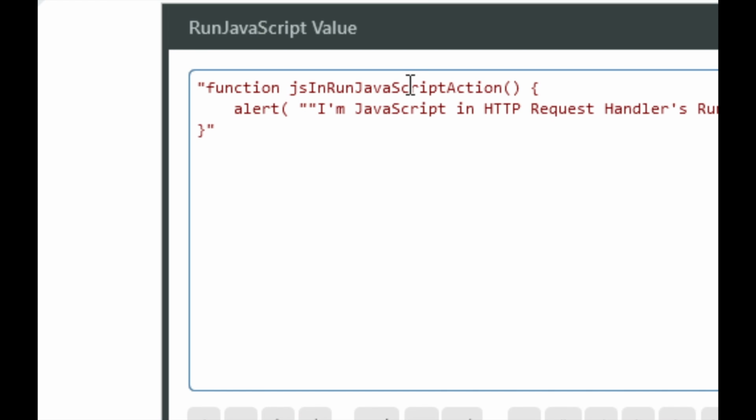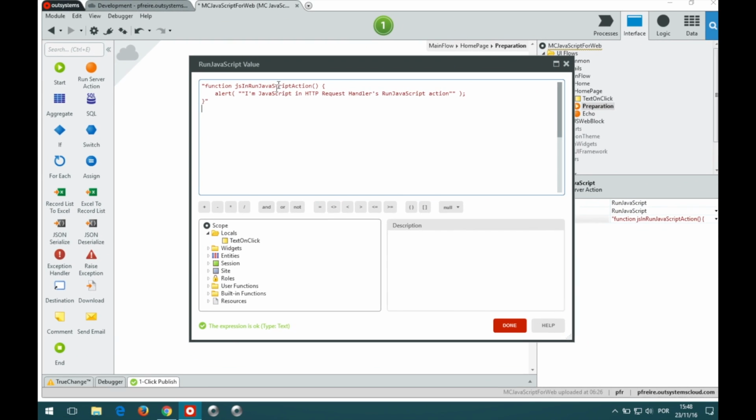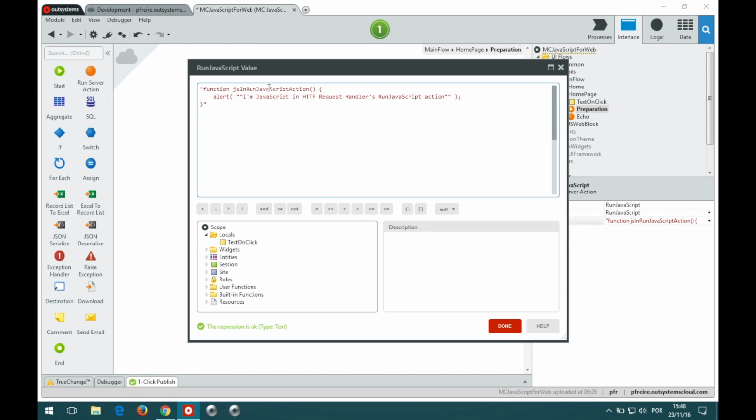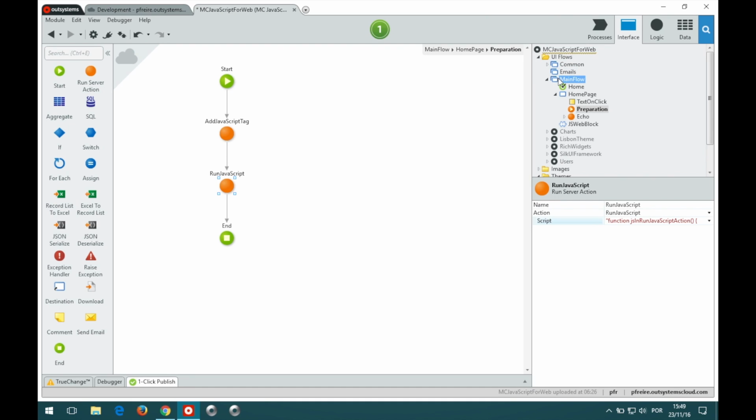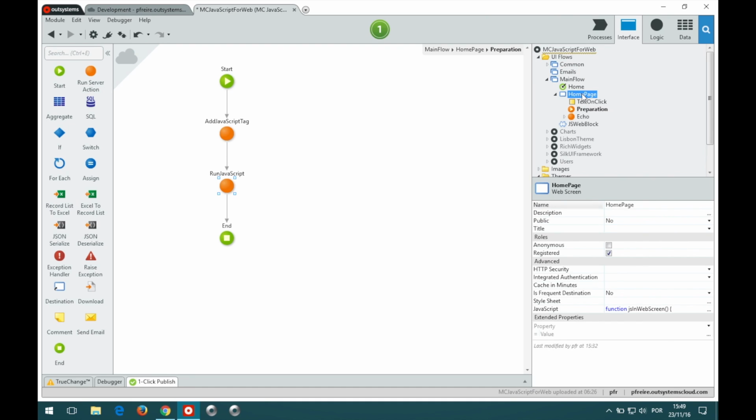You don't get syntax highlighting in this case because this is a textual string and the editor can't figure out that your intention was to have JavaScript code inside this string. So this is a bit of a nuisance. Unfortunately, it's not as easy to generate JavaScript here, but it also shouldn't be a necessary thing unless you want to use a conditional in the preparation to decide whether or not to add some JavaScript to your screen. So going back to the home page,